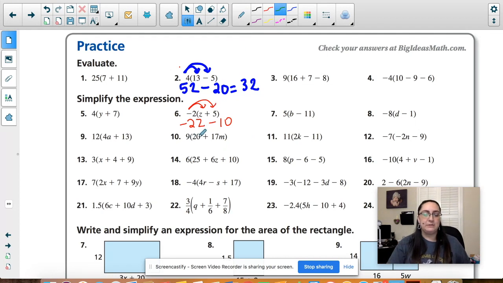Look at number 10. You have 9 times 20, and then we're going to distribute the 9 with 17m. So we have our arrow here. 9 times 20 is 180, and 9 times 17m is positive 153m. Now, usually you want to put them in order by the degree, but today we're just going to leave it as is. So that would be my final answer here. If we jump down to number 14,